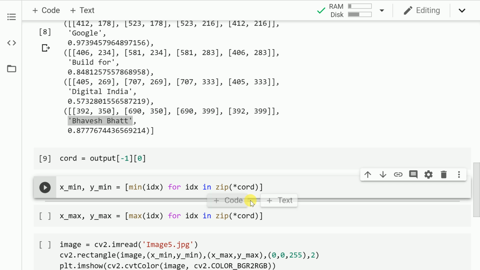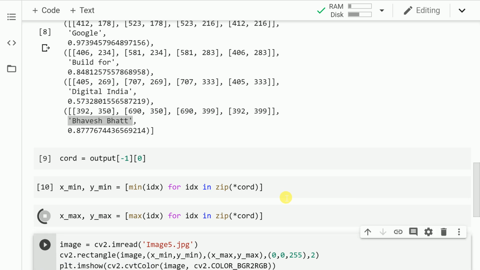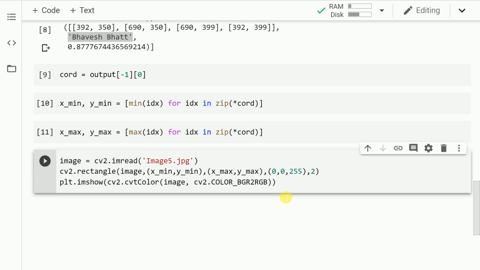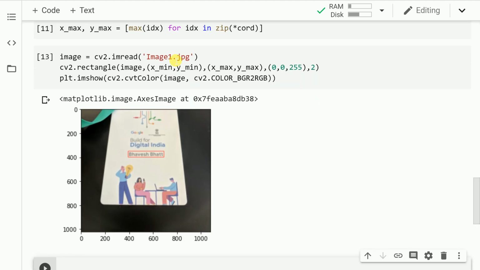So I catch hold of the minimum values of the coordinates as well. I catch hold of the maximum coordinates, that is x and y values. And using matplotlib, I want to show you where the bounding box was in the form of a red rectangle. So let me run this cell. So this is the output that I have. So for this image, I can clearly see there is a red bounding box that is generated.